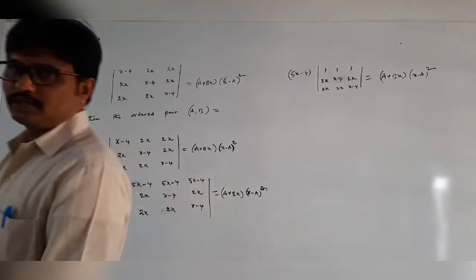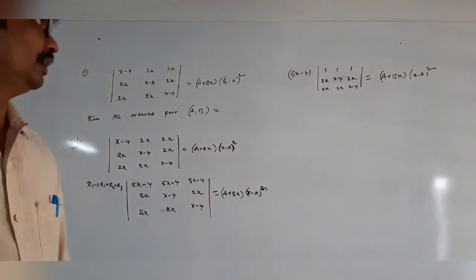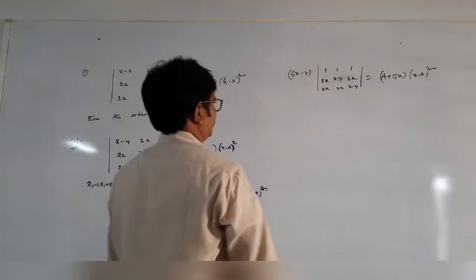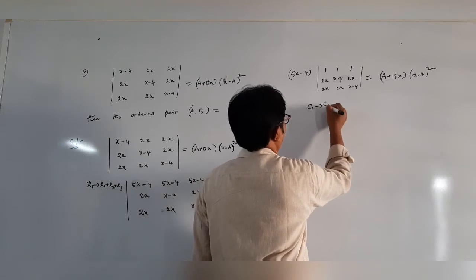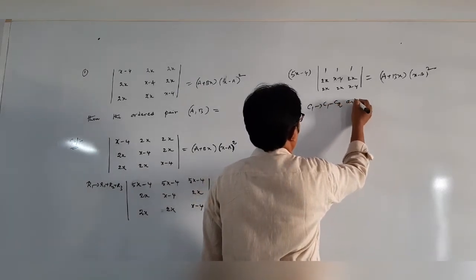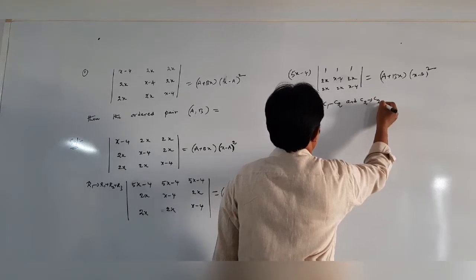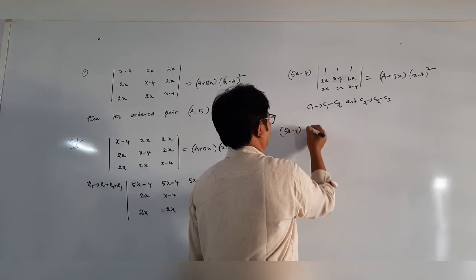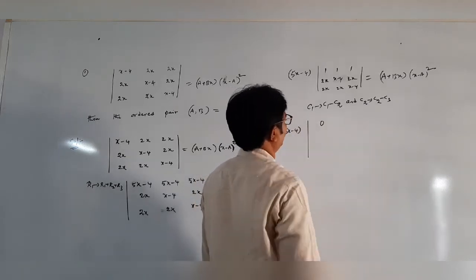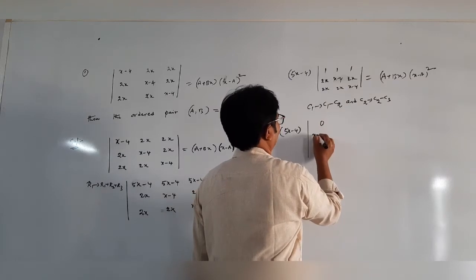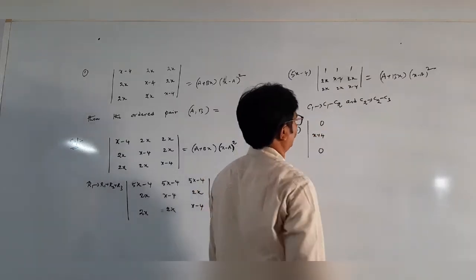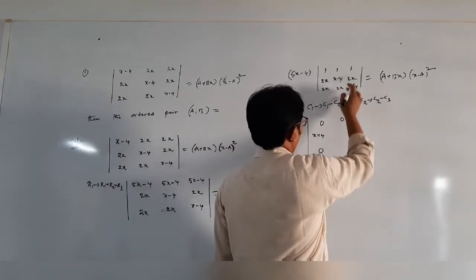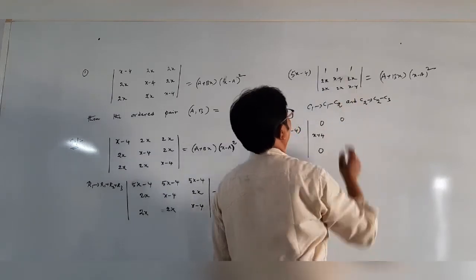So each element in the first row is what? 1. Now we can apply the column operation. 0, 0, 0. Right. Therefore, C1 is replaced by C1 minus C2, C2 replaced by C2 minus C3. Now this is 5x minus 4, 1 minus 1, 0. 2x minus x is x plus 4. This is 0. After that, C2 is C2 minus C3, 0. Now 4 minus x.